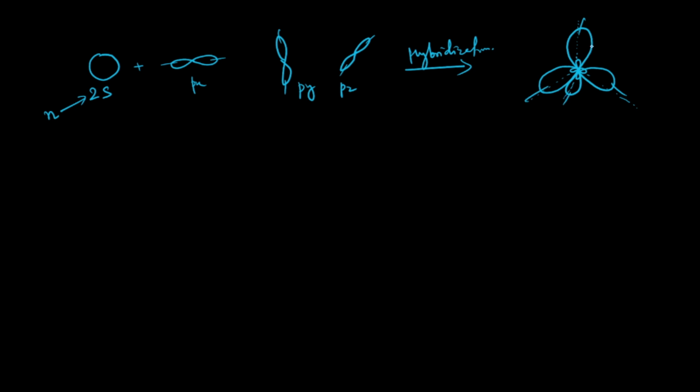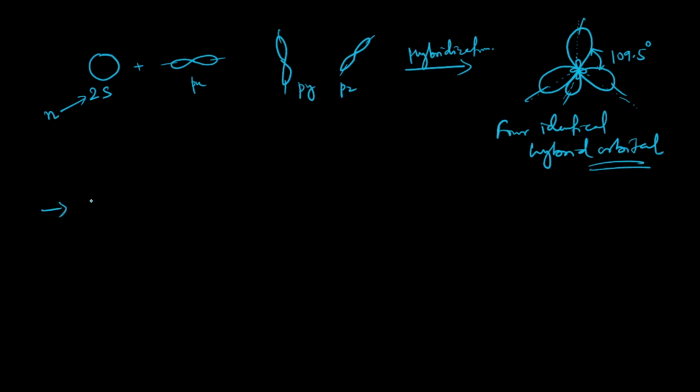So now you see, the bond angle between these two, or the bond angle between these two, or the bond angle between this one and the below one, or between these two, or between these two, it will always be 109.5 degrees. Okay, because this is the tetrahedral bond angle, and these are all 4 identical hybrid orbitals. Got it? These are all 4 identical hybrid orbitals. Now you can write it over here. What is that? Each